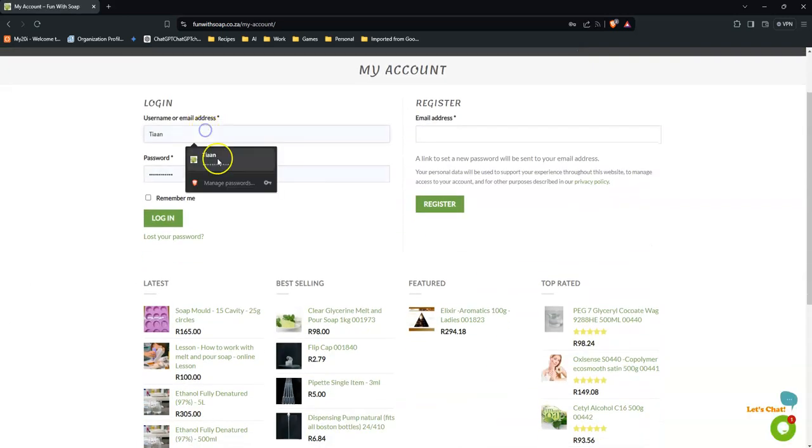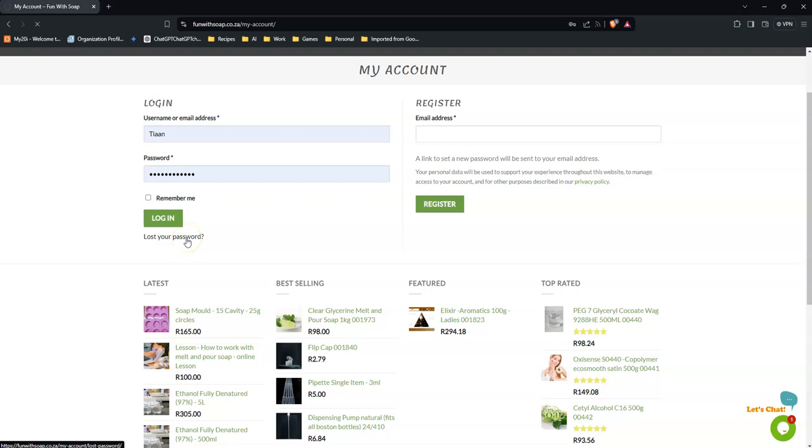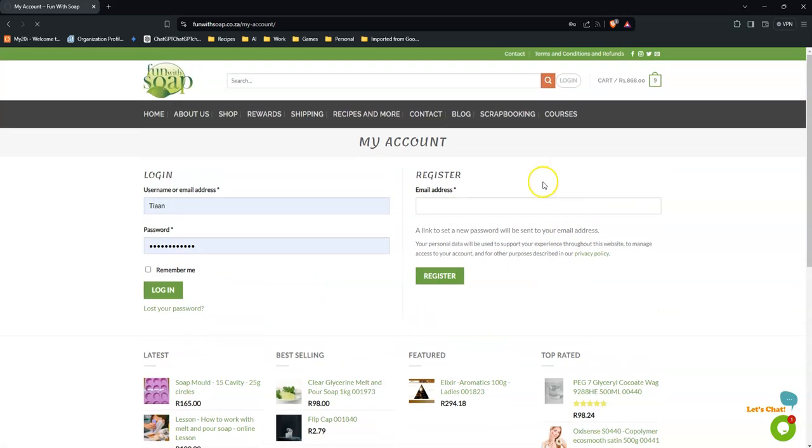So here we go. My account is saved already. We can log in. It also gives you an option, if you lost your password, you can put your email address in and we'll send you a new password link, or you can go to lost password from here. We'll just wait for the